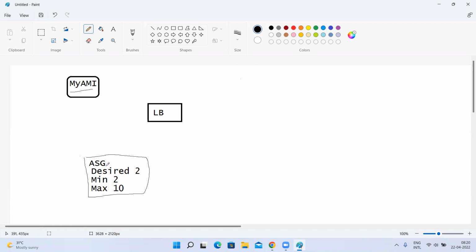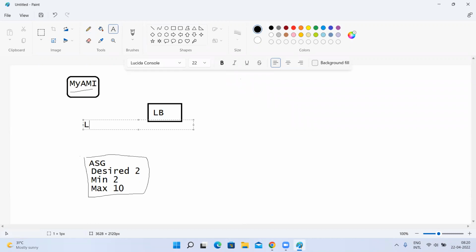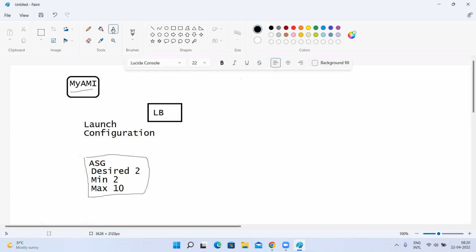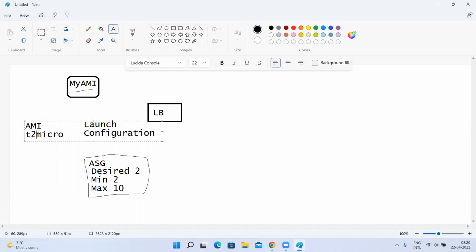Now, whenever you create an auto scaling group, along with that we need to create one more thing called launch configuration. What does this launch configuration contain? It contains what AMI you have to use, T2 micro or T3 micro or T2 medium, whatever type of instance you want to use,